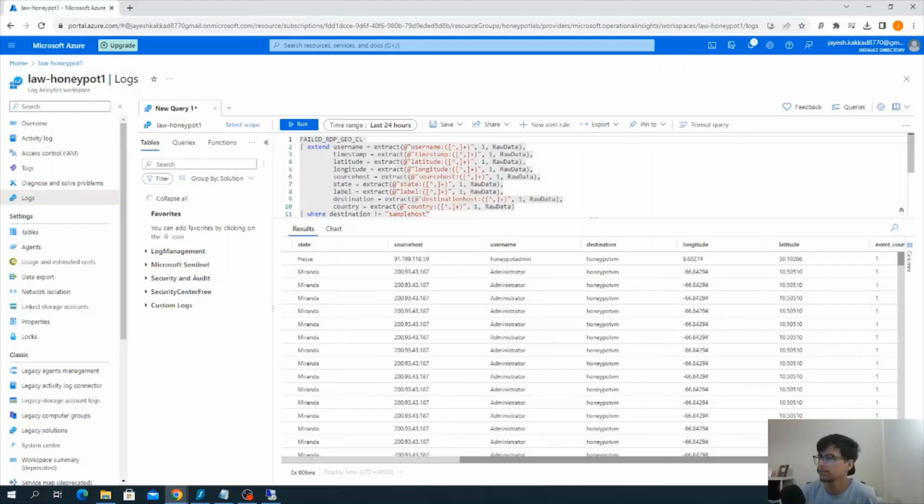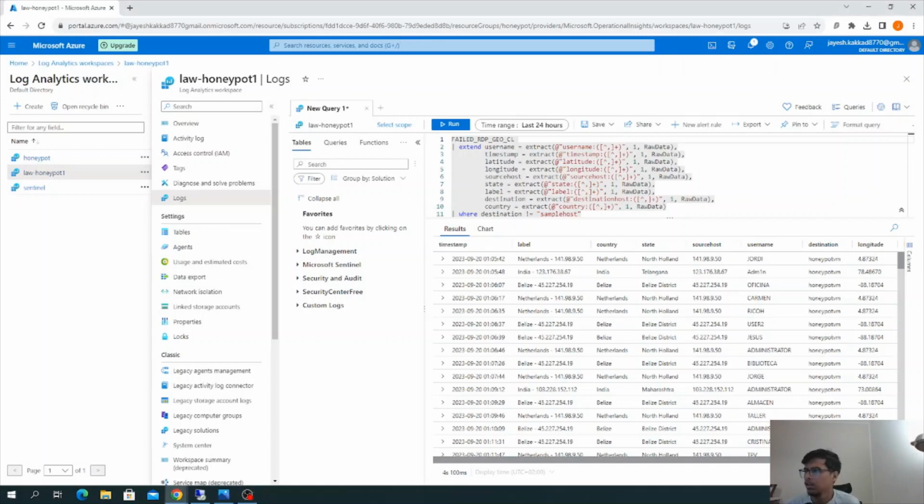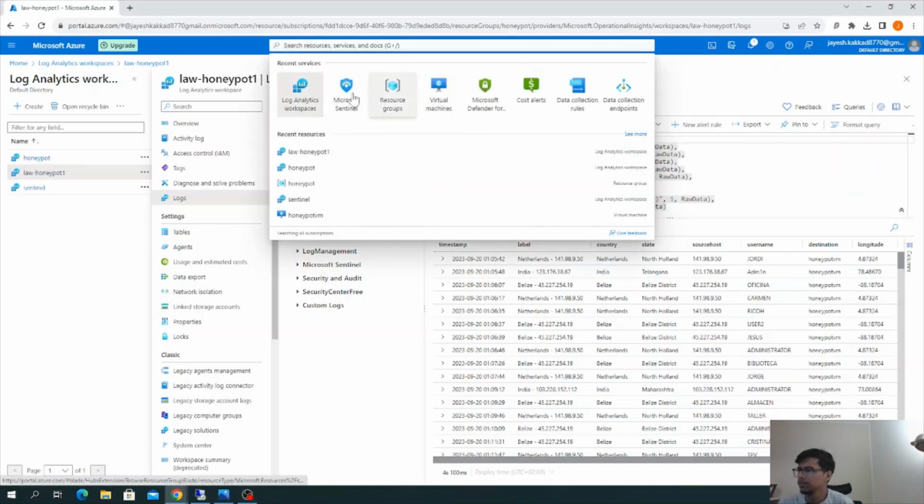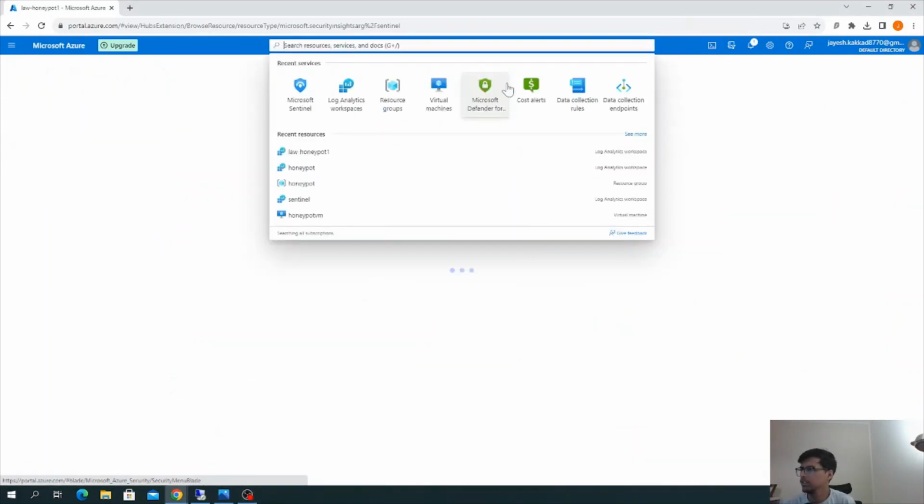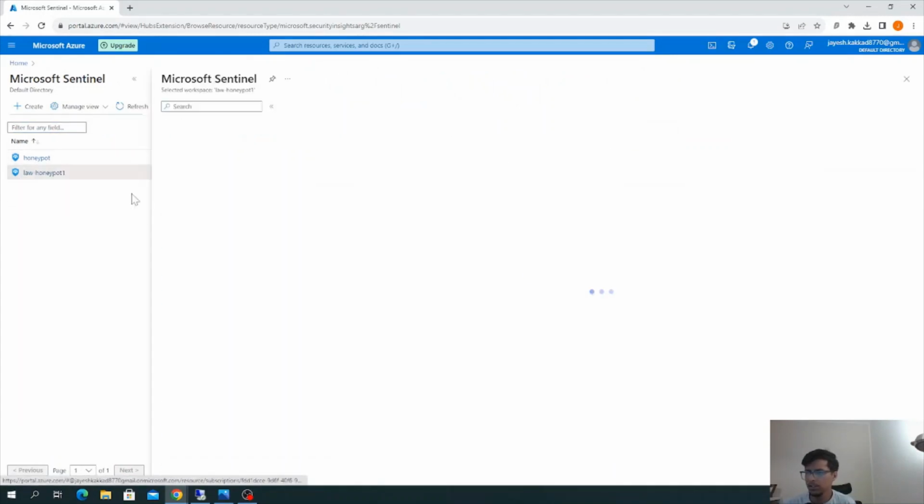Once you have done this, now what we will do is go and create our map in the Sentinel, and then put all the data that we have into the Sentinel. So we just go to our Sentinel that we created,